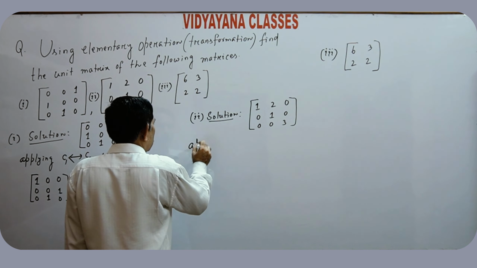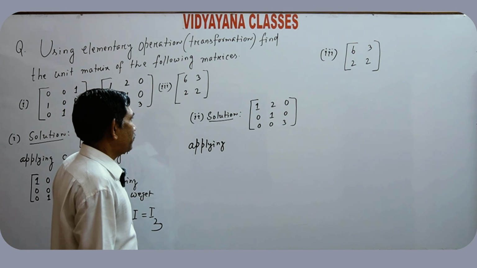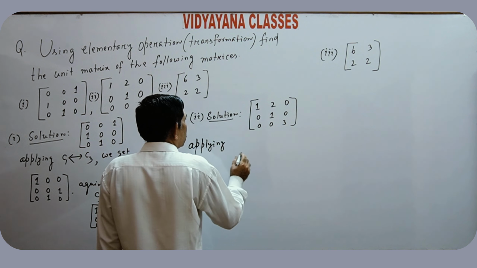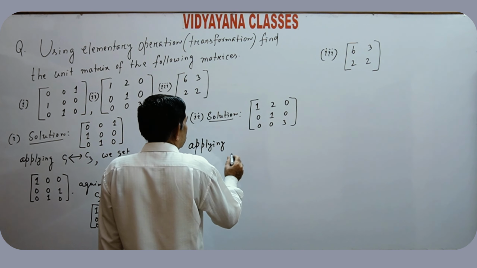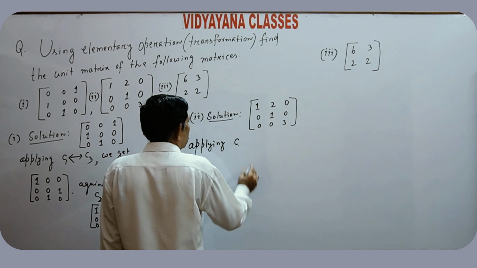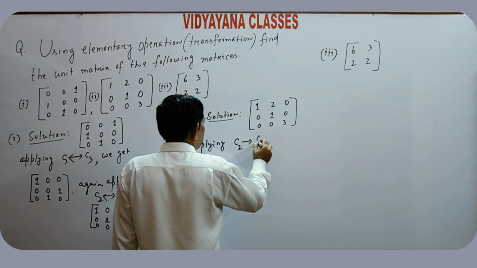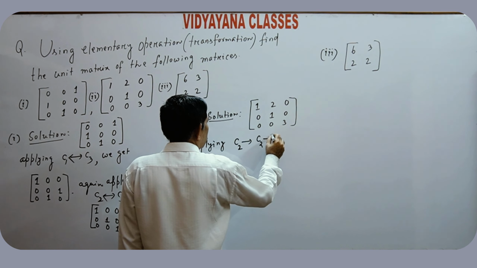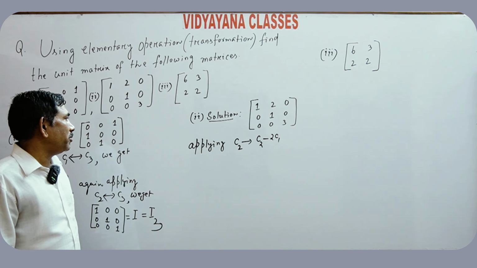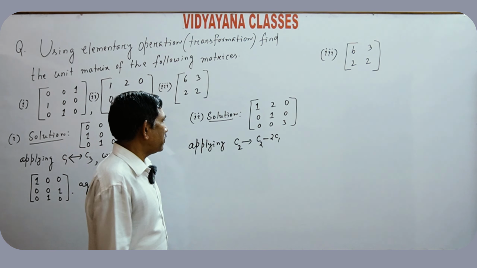Applying C2 replaced by C2 minus 2 times of C1. That means using the column operation, C2 is replaced by C2 minus 2 times C1. We get